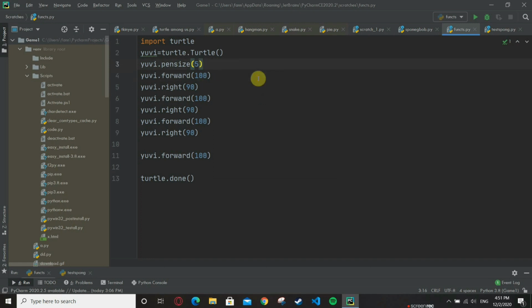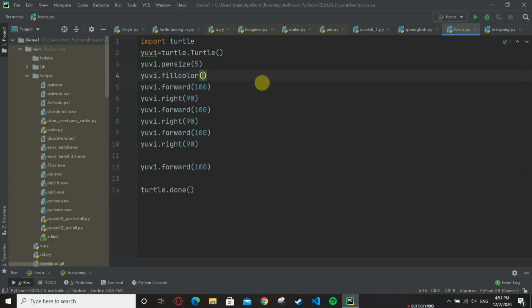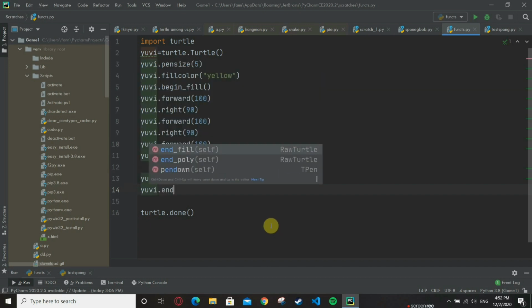So what I'm going to write is uv.fillcolor, and here I pass the color. You can also pass the color code. Right now I'm writing the name of the color, which is yellow. Then I'll say uv.begin_fill, which means start filling from this point. I want to fill this box from the first side to the last side, so uv.end_fill at the end of the box.